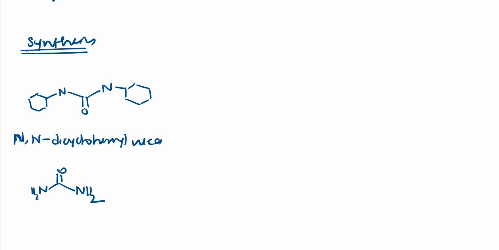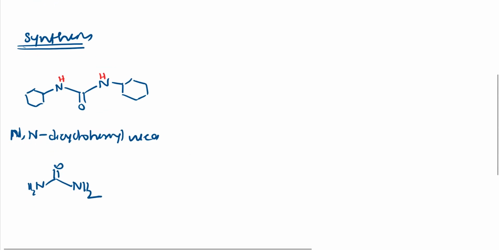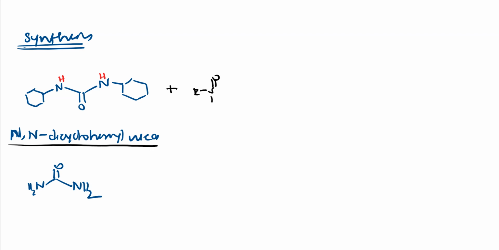See here, in DCC also we have this structure. I forgot to write one hydrogen here, one more hydrogen here, because the valency of nitrogen is 3 and lone pairs will be there. So this is the structure. I hope you got it. So let us synthesize this DCC using this N,N'-dicyclohexyl urea. To this I will add RS double bond O Cl, a chlorine containing sulfur group.